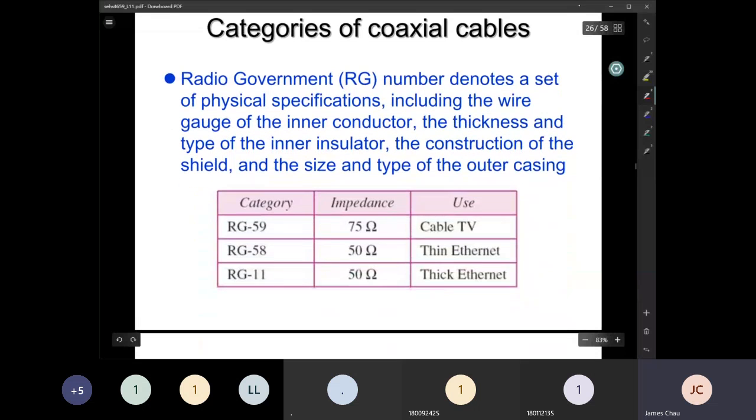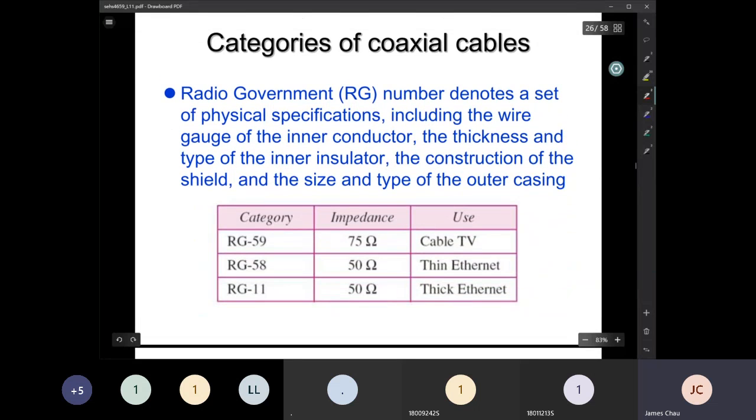Now, similar to the UTP or STP, we have some categories for the coaxial cable, and it can be specified by the Radio Government number, the RG number. Normally it specifies the impedance and the usage of the network. For example,